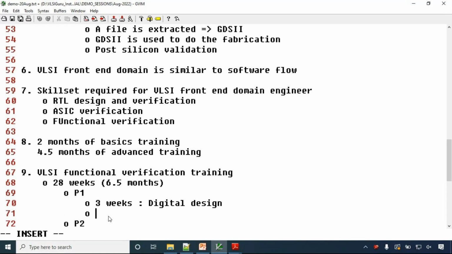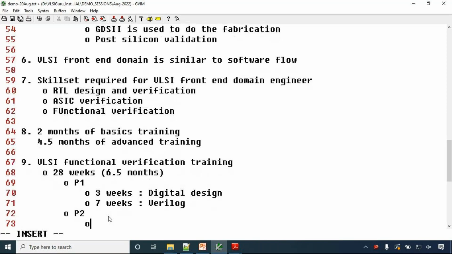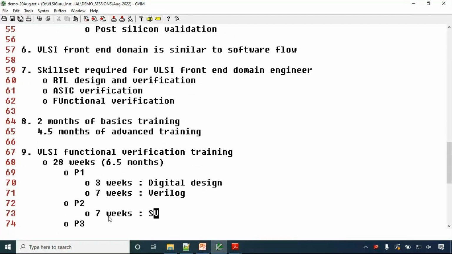Later 7 weeks will be on Verilog. In phase two, 7 weeks will be on SystemVerilog. 4 weeks will be on